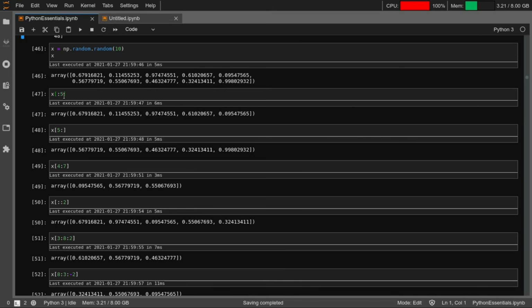So when we are defining the upper limit and say we need till the 5th element, what is going to get selected is 0 to 4, right? If I say till n, it is going to select all the elements till n minus 1, all the elements preceding n, right?